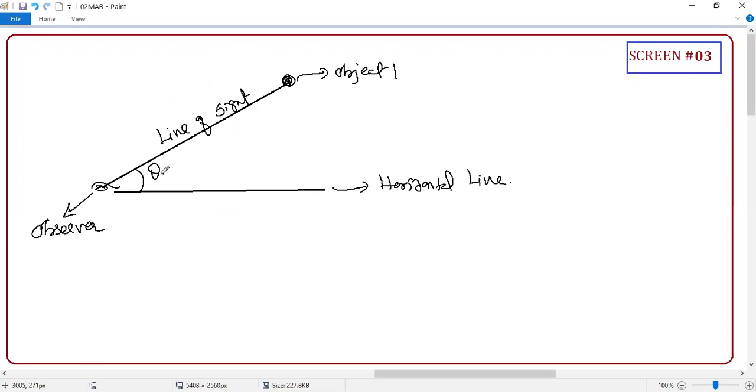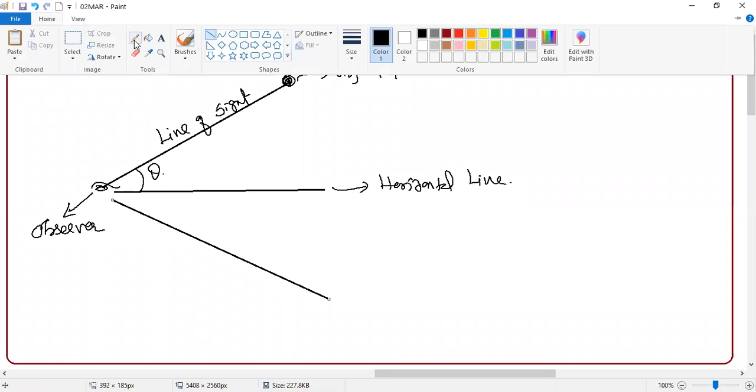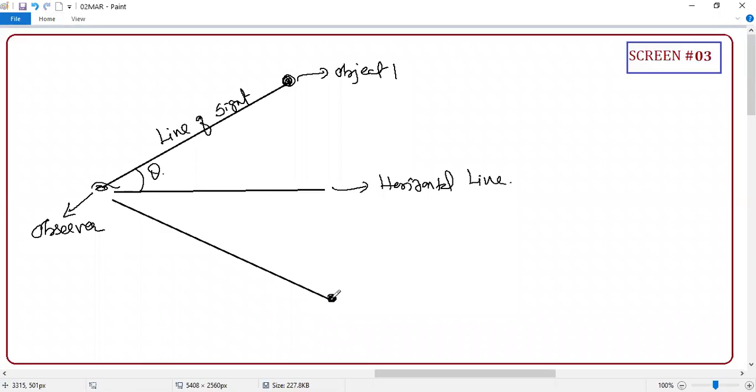Guys, here one angle is getting formed. And coming to this, maybe there is an object down from his horizontal line, meaning he has to lower his head. Correct or not? Everyone, please respond. Yes, sir. So this is object 2. Object 2 is below his horizontal level and object 1 is above the horizontal level. Guys, all the magic happens if you understand this diagram well. Here also some angle is getting formed.